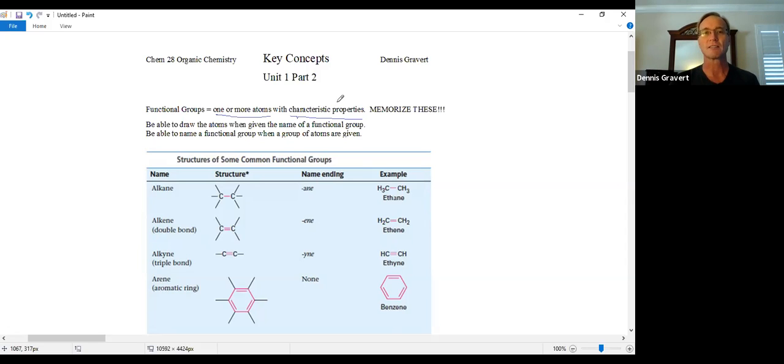What we're talking about here are just groups of atoms within a molecule. And nature follows certain patterns. And it's up to us to memorize these patterns. Now, I know that's going to be something you have to do, but it's better